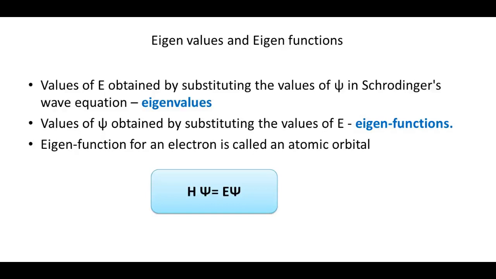As we know, the solution for this Schrödinger wave equation has significance only for certain values called the eigenvalues of the total energy. For an atom, these correspond to the energy values associated with different orbits in the atom. Thus, the existence of various energy levels in an atom postulated by Bohr is a direct consequence of the wave mechanical concept. In essence, for every eigenfunction there will be only one eigenvalue, which means that each energy state must have a wave function which is characteristic of the system.